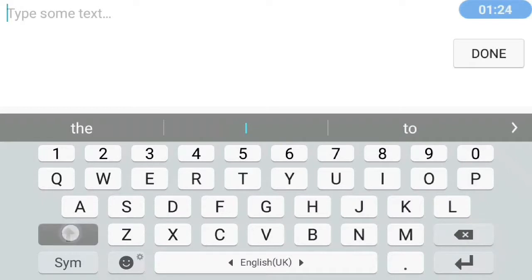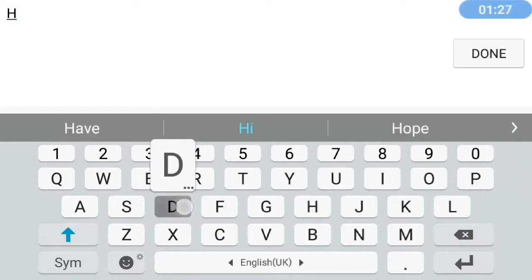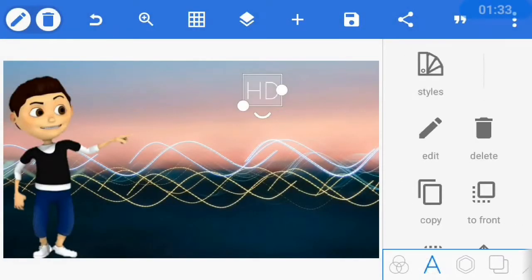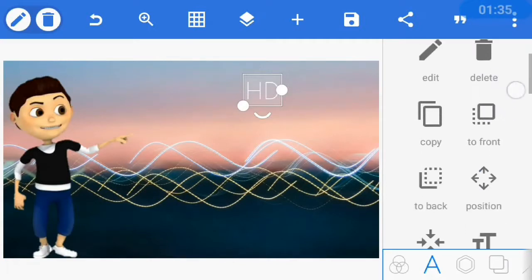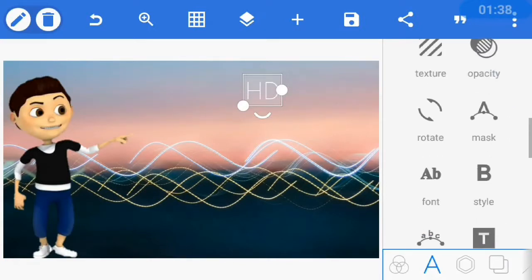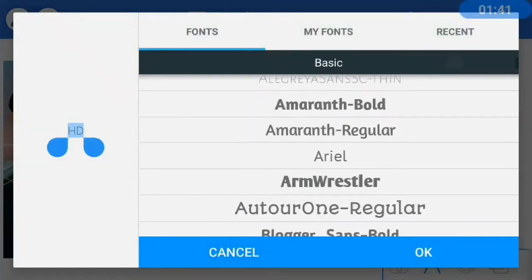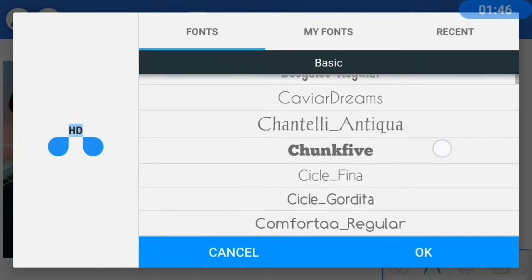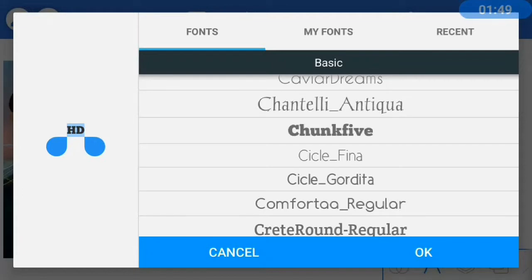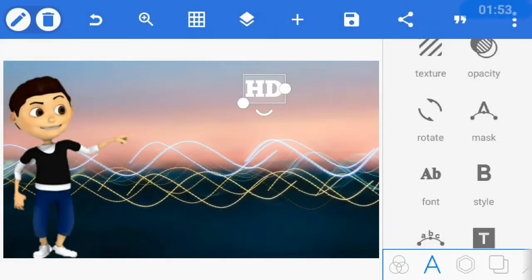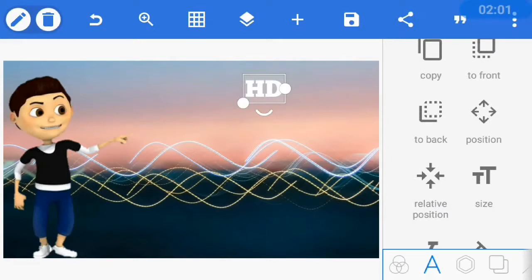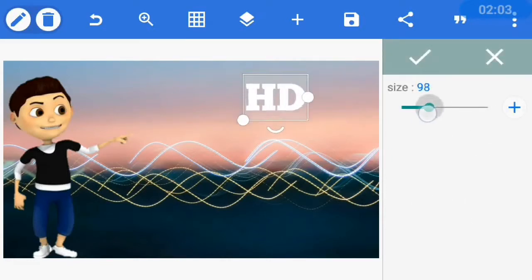Let me type HD. Okay, done, and okay. Here now I will adjust the font of the text. First of all, let me choose some good looking font, and it should be visible also on screen even if people visit your YouTube video on small screen mobile phones. So I have selected the font. Now what I need to do is increase the text size to the desired size,